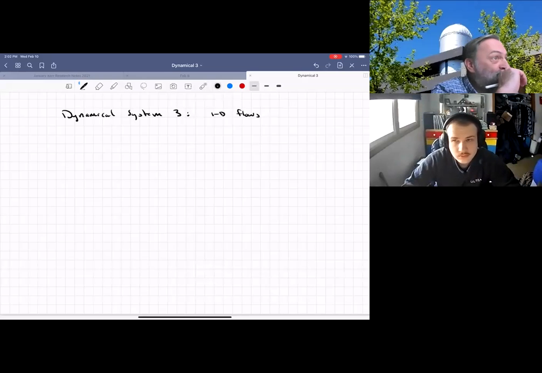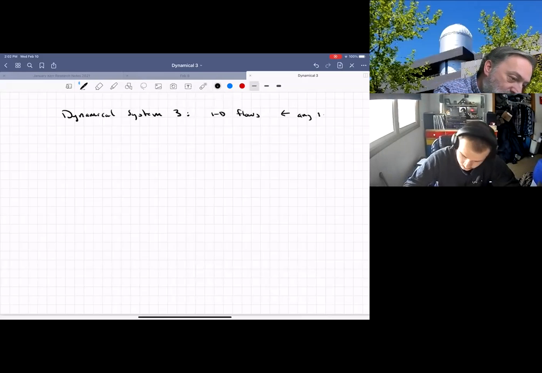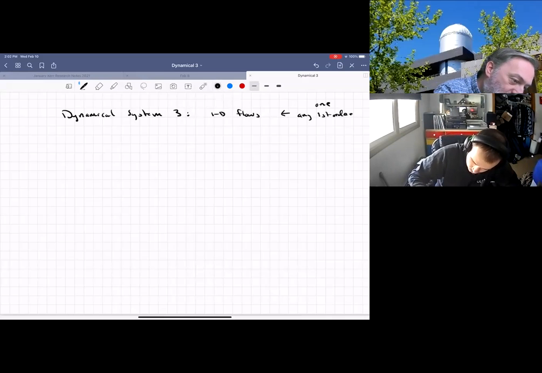Okay, so we're going to be working on 1D flows. And so this is any first order, and it needs to be one first order ODE. So now one thing to keep in mind, as physicists,